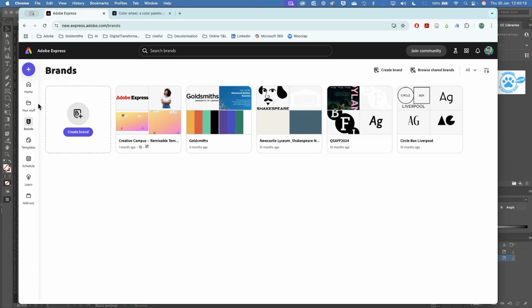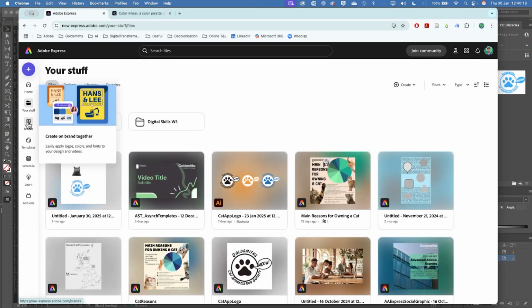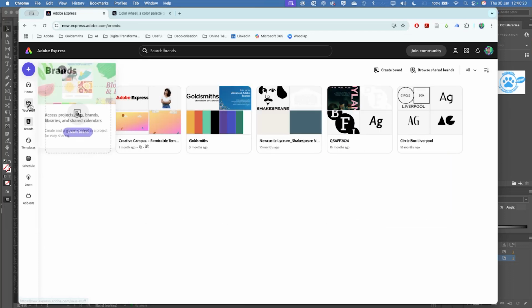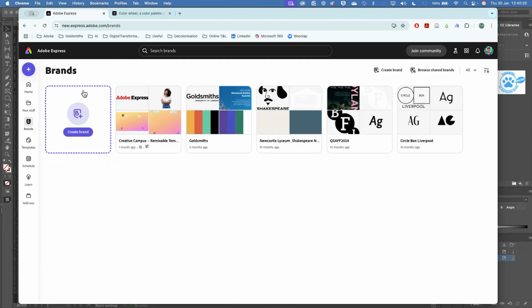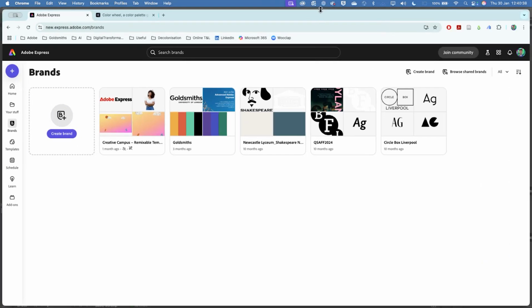It can take a bit of time to get your head around, but you're only going to be able to do that if you actually have a go at creating these different libraries. And if you come to an Adobe Express session, we'll go through how to create a brand and what benefits that gives to you and your collaborators.